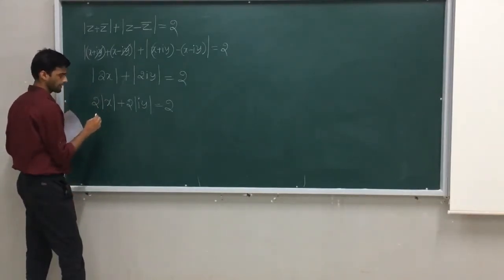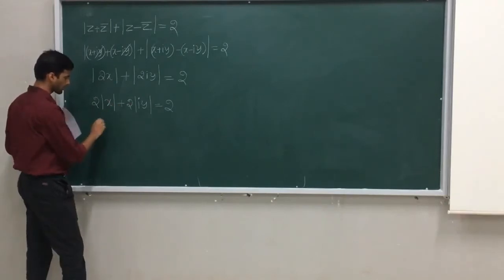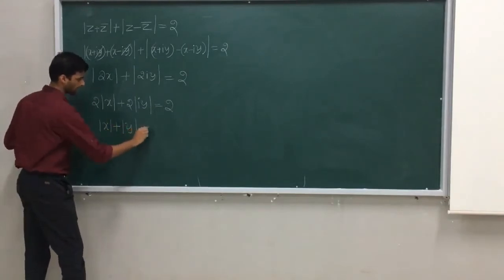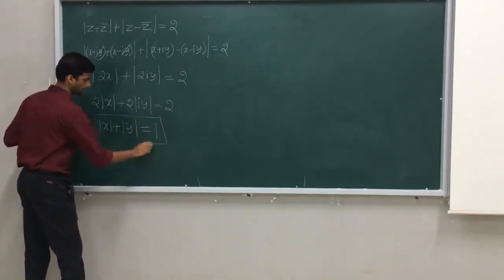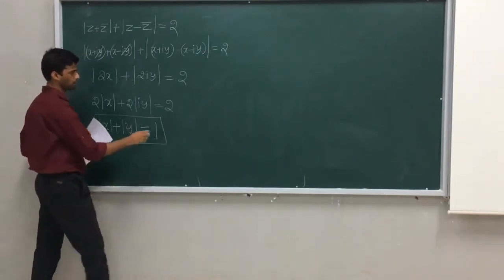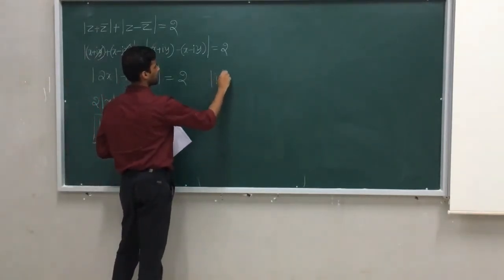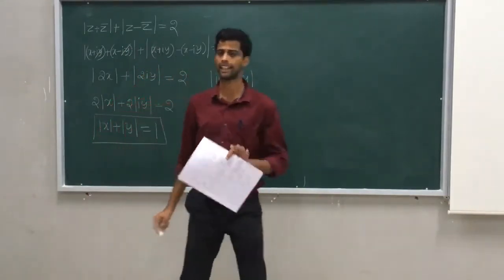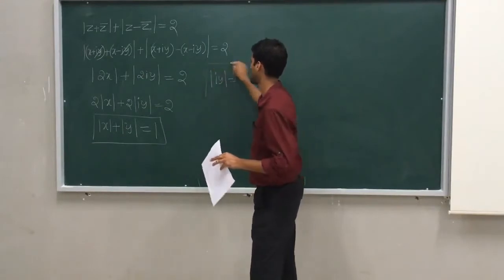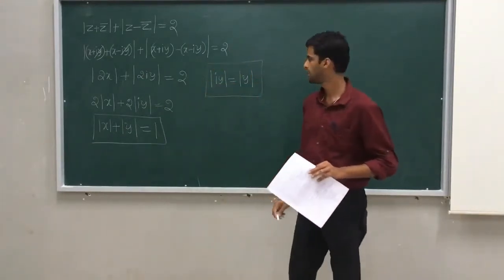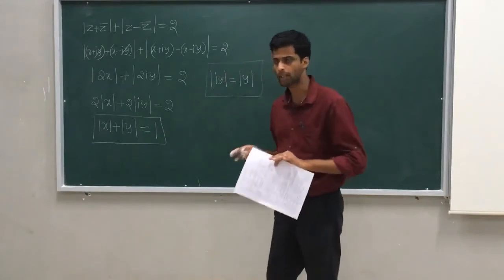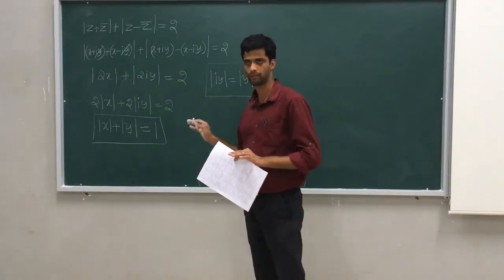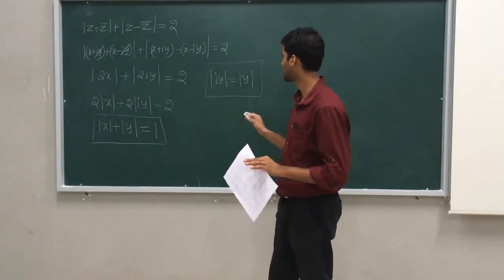Now what will happen is, 2 is common. You are left with mod x plus... Just think why I wrote this as a 1. This is a mod. Think of this as an exercise for you. I wrote the modulus of i1 as mod 1. Where did that i go? It's an exercise for you. Just think, because it is given in my synopsis indirectly: where it went, why it is like this. If you know this, you can easily manage.